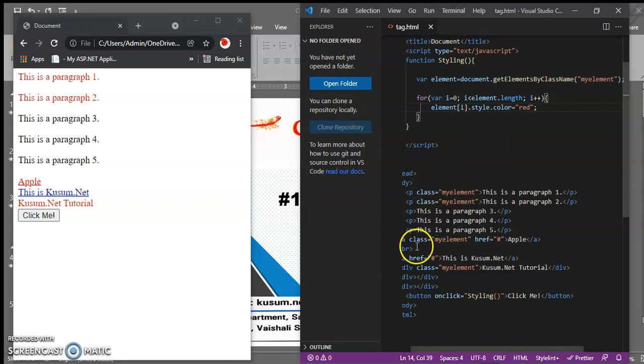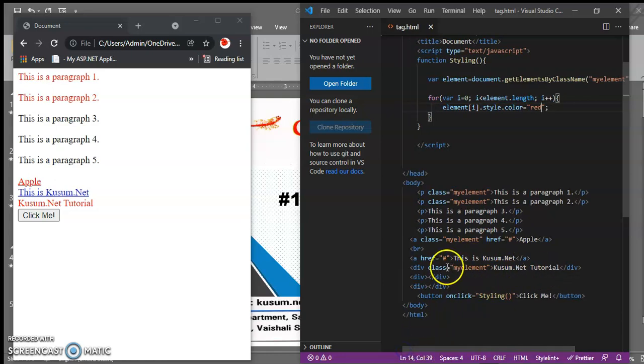In this anchor tag, in these two paragraph tags, and in this division tag, the Kusum.net tutorial, and this anchor tag, Apple.